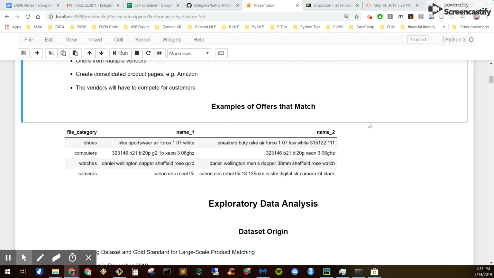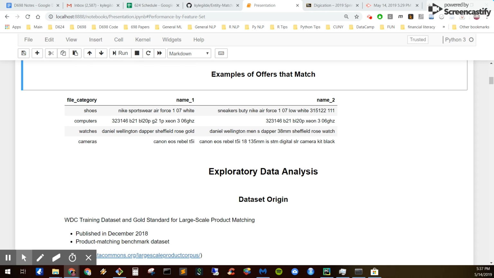So now let's take a look at what entity matching for products involves. This is a little snapshot of the data set that I used for this project, and you can see where there's some fuzzy matching going on here. So if you look at the shoes example, these two names look pretty close to being the same. However, let's look at the